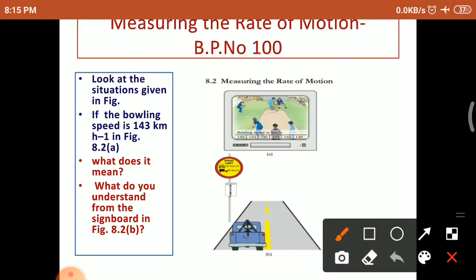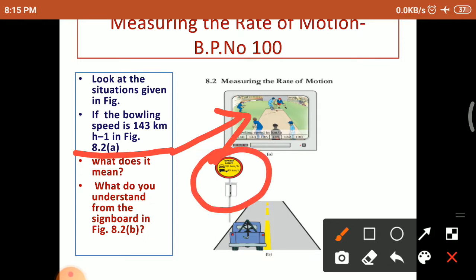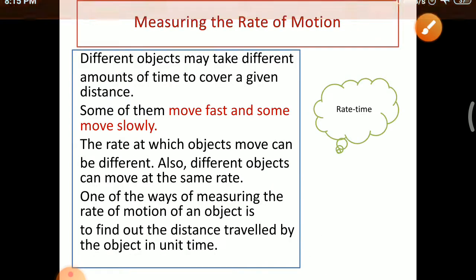So if the bowling speed is 140 km per hour, it is shown in this image. And what does it mean? What do you understand from the signboard? We are going to see the answers for these questions. The first one,